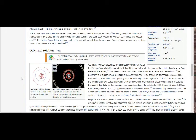Orbit and rotation. Hygiea's properties are the most poorly known out of the big 4 objects in the asteroid belt, and the orbit is much closer to the plane of the ecliptic than those of Ceres, Pallas, and Interamnia, but less circular than Ceres or Vesta. Its perihelion is at a quite similar longitude to those of Vesta and Ceres, though its ascending and descending nodes are opposite to the corresponding ones for those objects. Although its perihelion is extremely close to the mean distance of Ceres and Pallas,